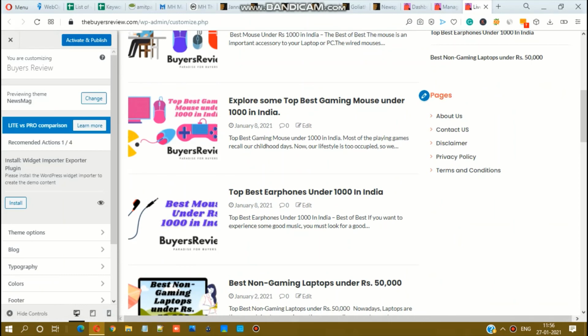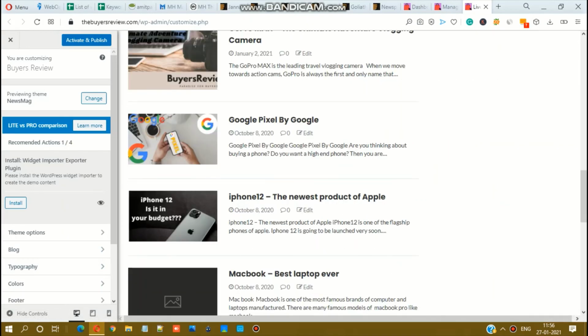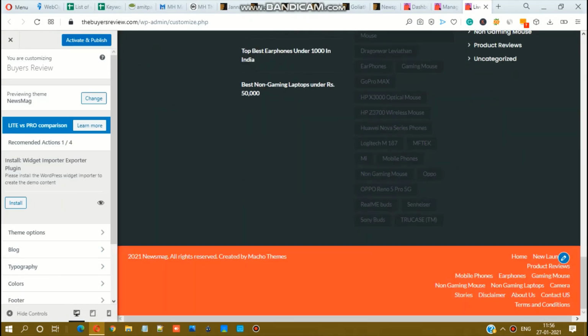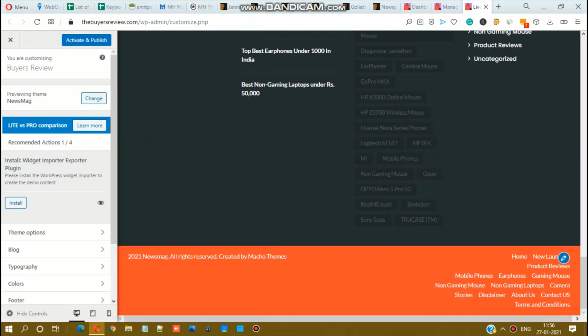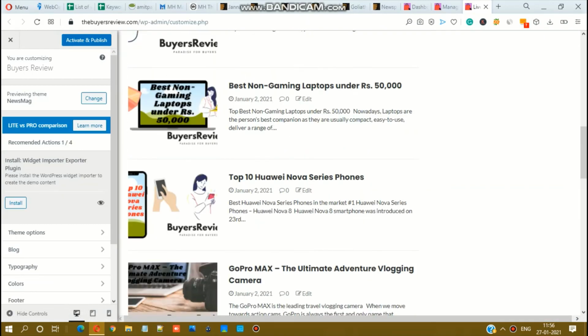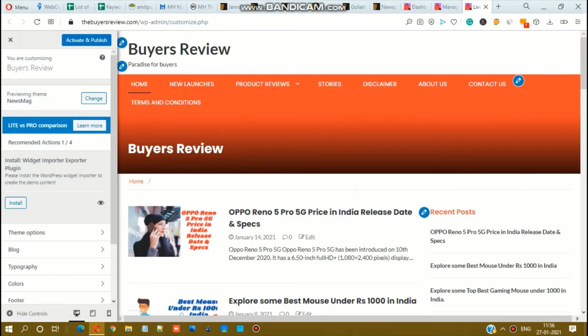This website has a lot of places where you can place your AdSense codes, so in short, this theme is very supportive of AdSense. You can also see the footer section is very good. Here you can add your AdSense code to display your AdSense ads. This theme is very friendly, light, and also very responsive. It is very responsive on mobile devices also. So you can use this theme to get AdSense approval.